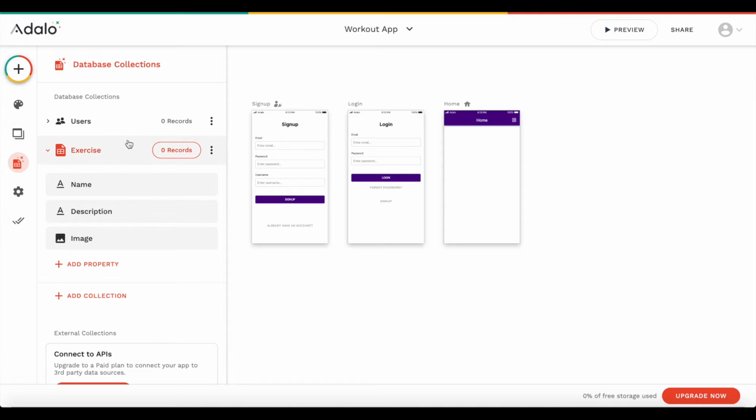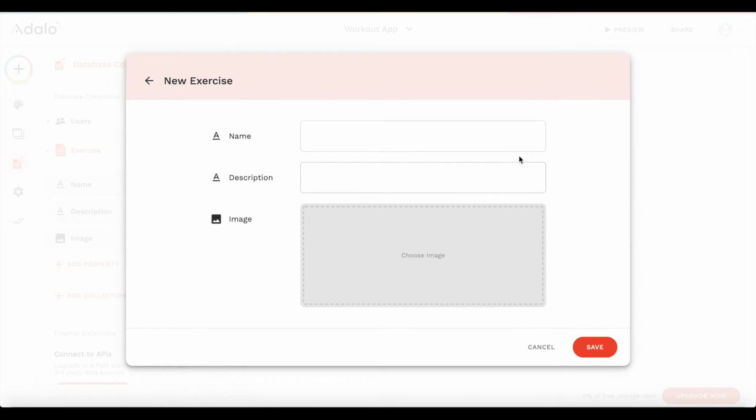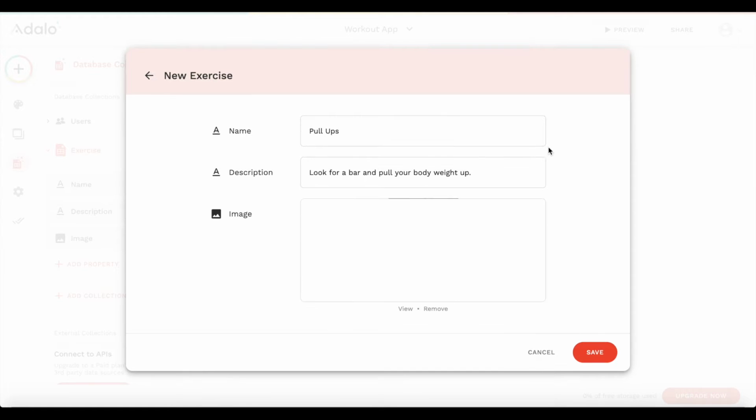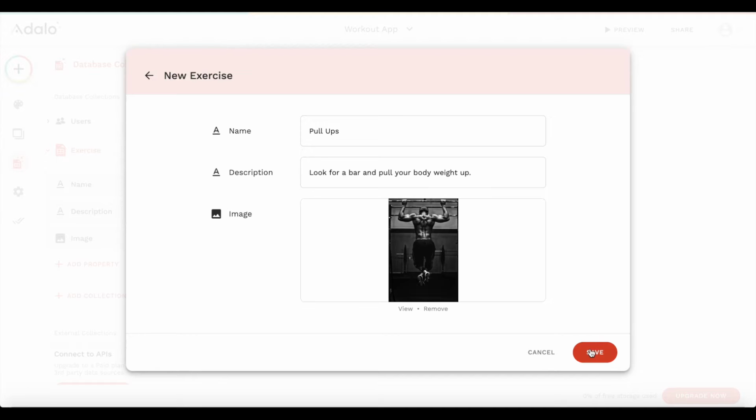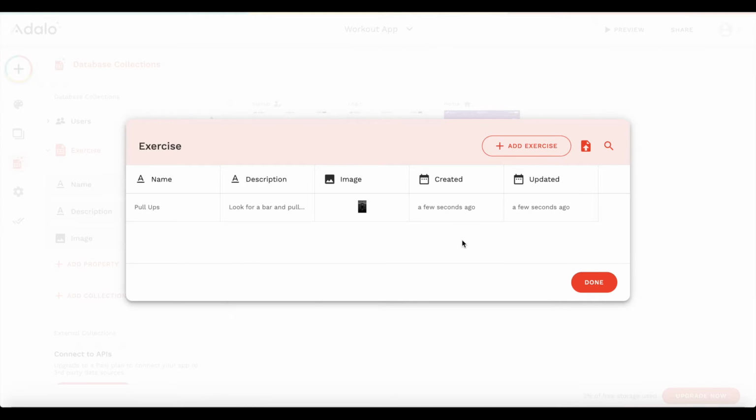And let's actually go ahead and create a few records. So you can create records by clicking here and clicking on view edit records. Let's add an exercise, and let's, for example, say we have the exercise pull-ups. Look for a bar and pull your body weight up, something like this. You could of course add a more detailed exercise description, and I'm also just going to upload an image. Okay, so I've uploaded the image, I'm going to click save, and I'm also going to add a few more